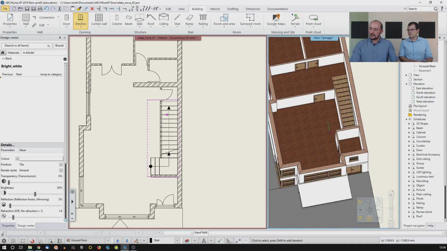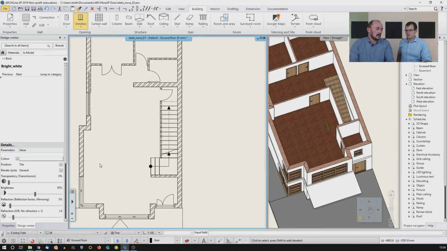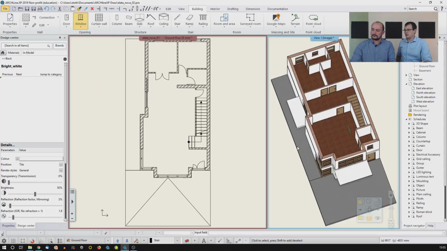It cuts the slab above the stair with a specific so-called free height, which is now with the current settings, you can change it here. It's 2100 millimeters. So the software makes sure that there is always 2100 millimeters from the top of the step to the bottom of the slab. Perfect. So that's how you create a multi-story building,